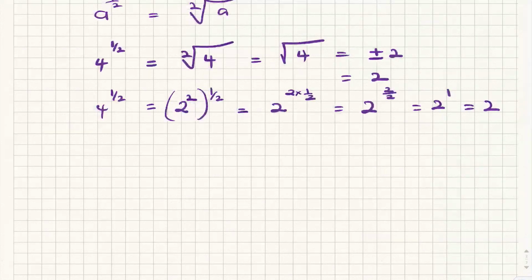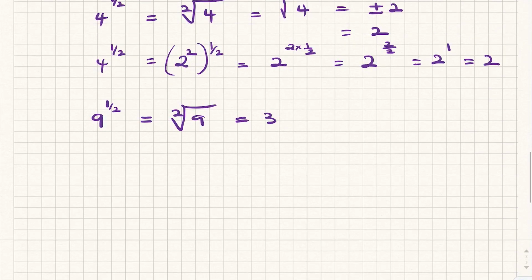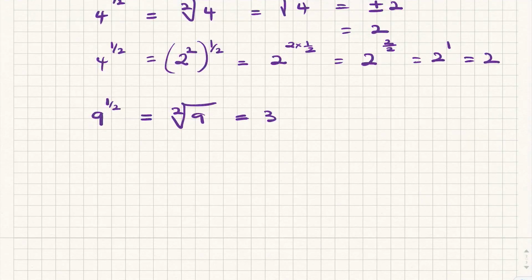Let's do 9 to the power of a half. We expect that to be the square root of 9, which is 3. To prove that it's 3, what we need to do is do the same thing, but change 9 in terms of 3. So 9 to the power of a half is 3 squared to the power of a half. So I just replace 9 because 9